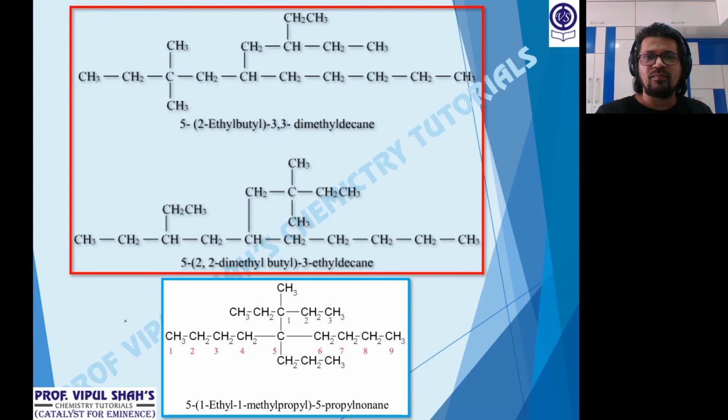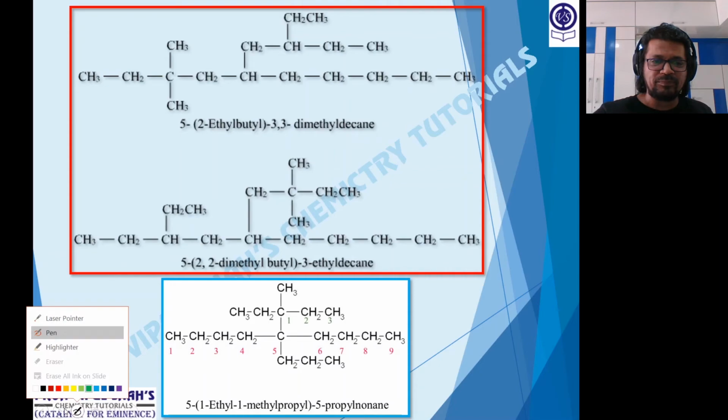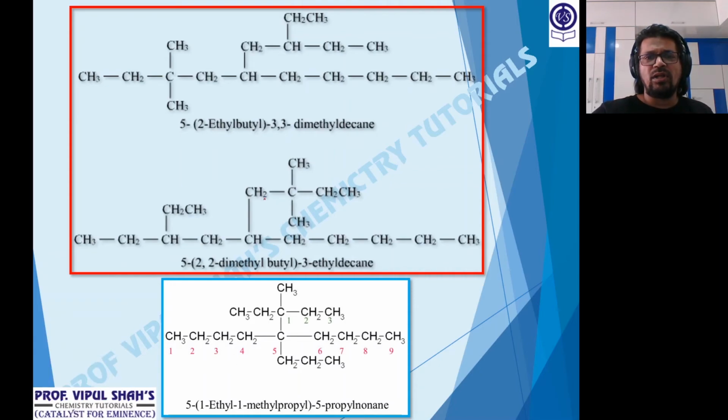Observe this now. Now, one more. There's something else to discuss here. Observe this now. How do we do this part? Okay. Now, numbering goes basically left to right. So, 1, 2, 3, 4, 5, 6, 7, 8, 9, 10. Decane. One branch now add 3. That's a methyl. At 3 there are 2 branches. So 3,3 dimethyl.